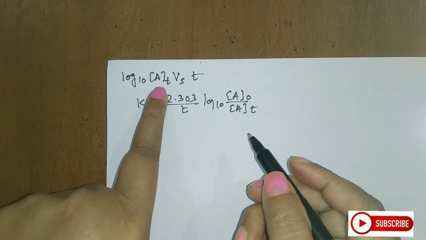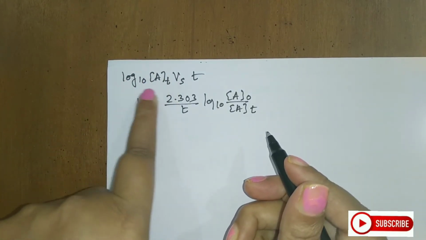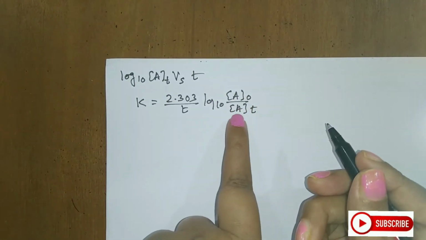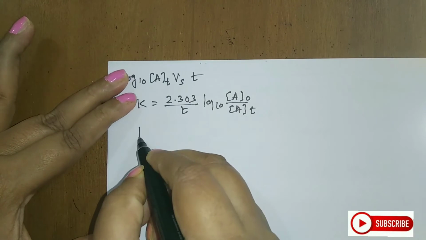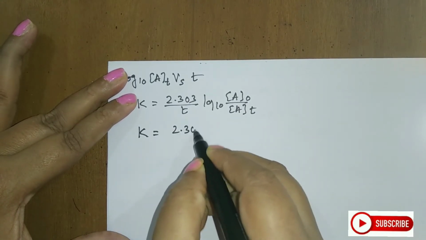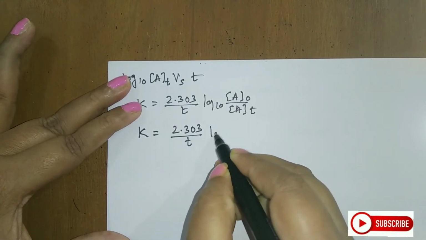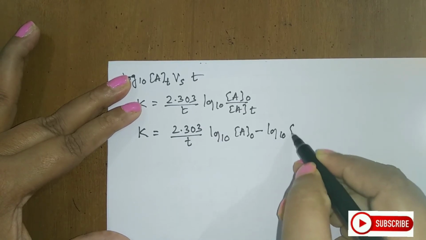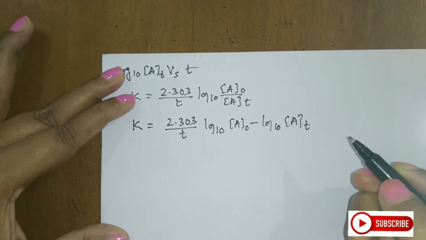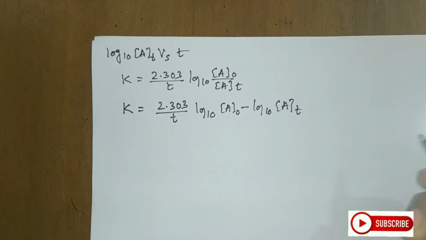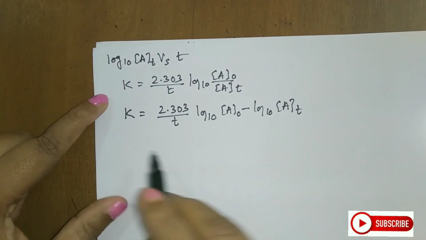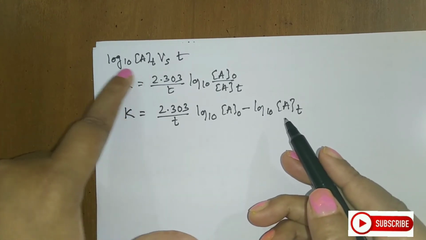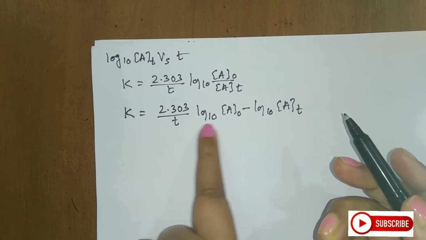Now what I want on the y-axis is only the at concentration, and therefore I should split this concentration term. So how will I split this? k is equal to 2.303 upon t log to the base 10 of a0 minus log to the base 10 of at. You can keep simplifying the equation till you reach the required equation. So k is equal to, I got this now. Now students, I want only this term here. I don't want all the terms here.